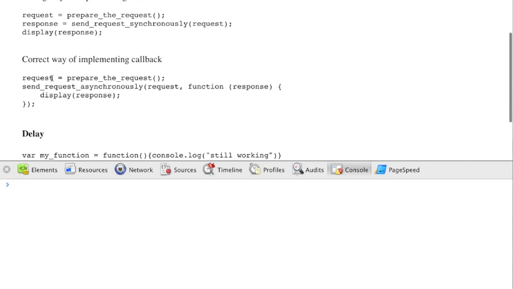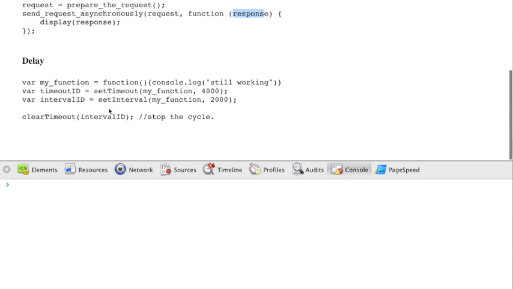The correct way of implementing a callback is: prepare the request, send request, and this is the request here, and then we are giving it a function. This is the callback function. So once this request is completed, this function will be executed. So whatever response comes, we are giving it to this function and we are displaying it. To give you an example, let me